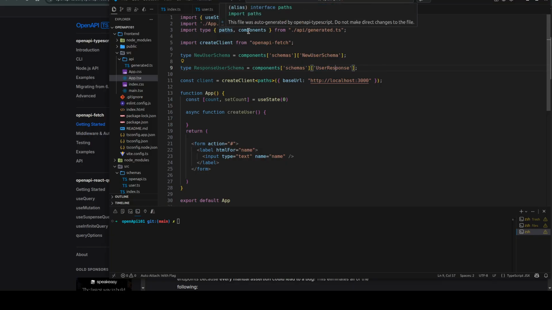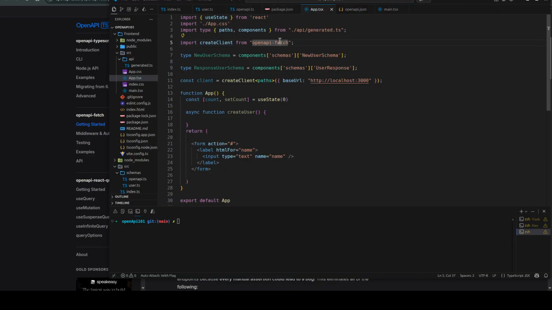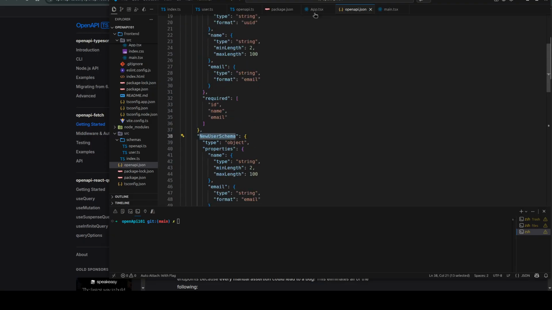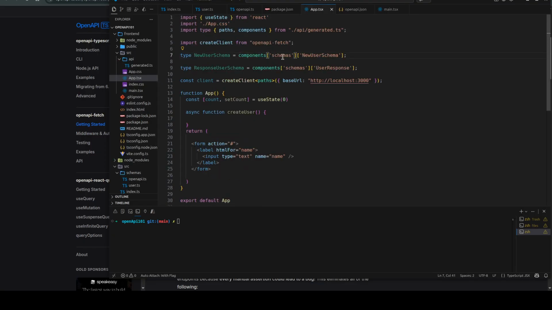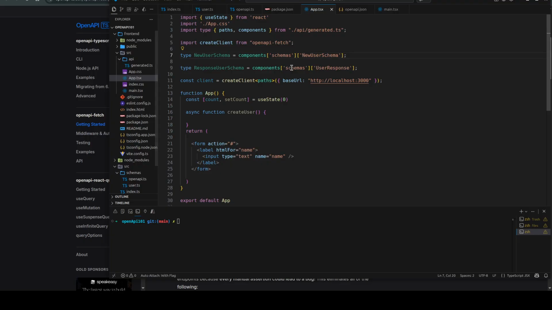And here my response schema. After we import paths and components, we also need to download OpenAPI fetch, which is the package we talked about, and import create client from this package. Here we can access our Zod schemas. This is my new user schema. Instead of going for a very long chain of components, paths, and so on, because I registered my schema, I can just go for schemas, a new user schema, and I got it, because it's inside components, schema, user response. The same goes here. I was able to access my